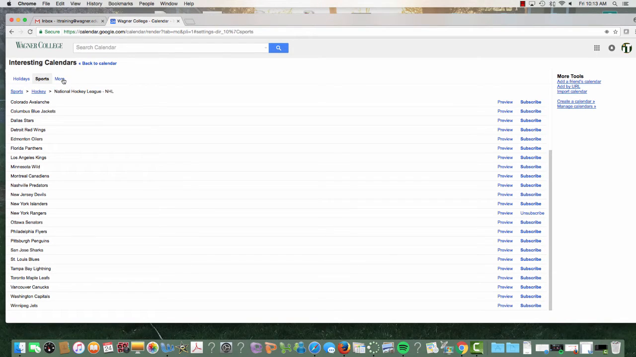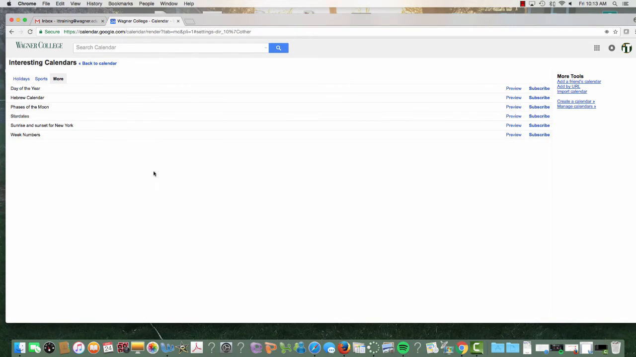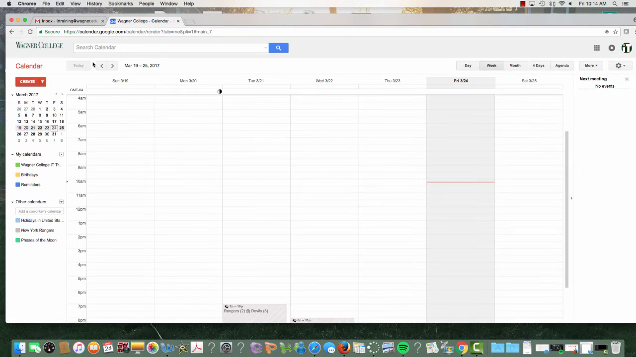You also have the option of pressing more, and there's a whole bunch of other things you can check out here. So phases of the moon is one of them, or star date, or sunrise and sunset for where you're located. So I'm just going to subscribe to the phases of the moon just to show you what that looks like. So if I press back to calendar, and I check out my calendar here,